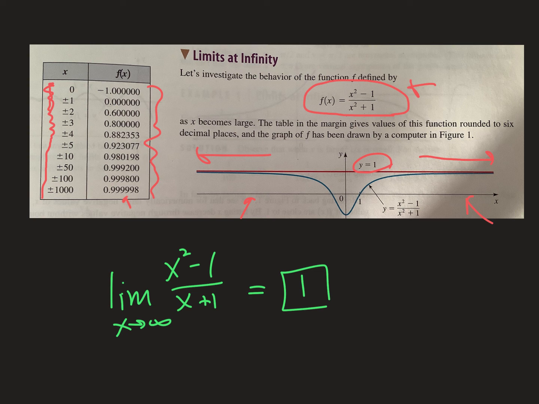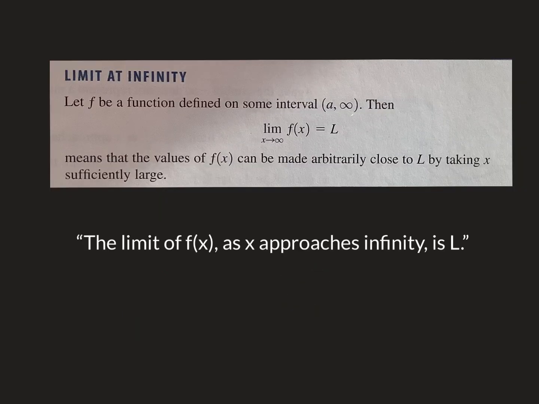All right, so what we would say then is, okay, the limit as x approaches infinity, as x gets closer and closer to infinity, the value of the function, or f of x, is getting closer and closer to 1, arbitrarily closer. We're going to say the limit of that function as x approaches infinity is 1. So the limit at infinity,